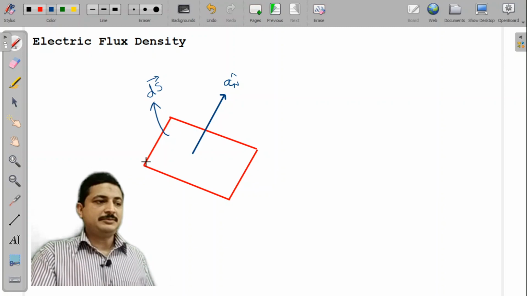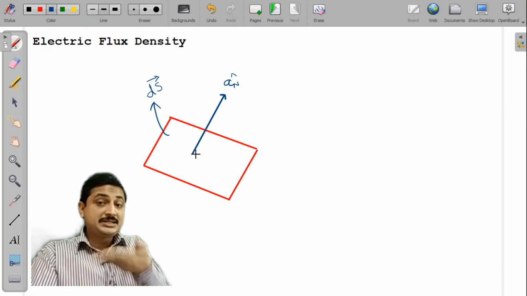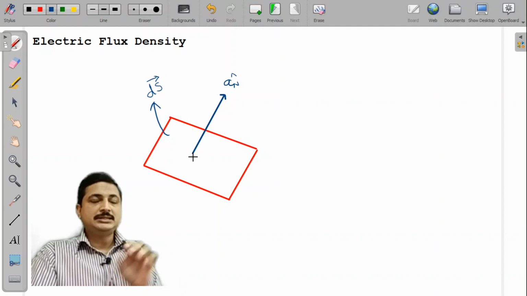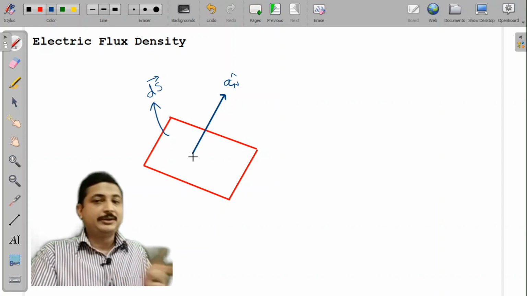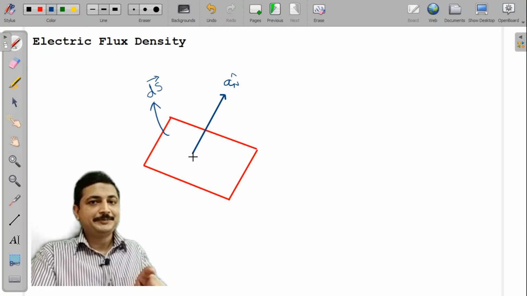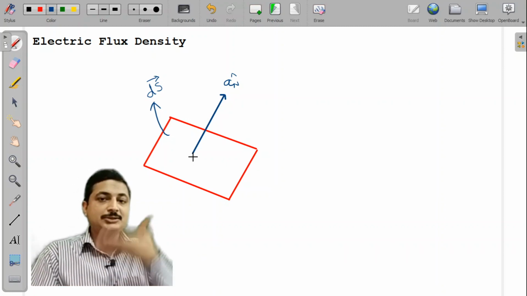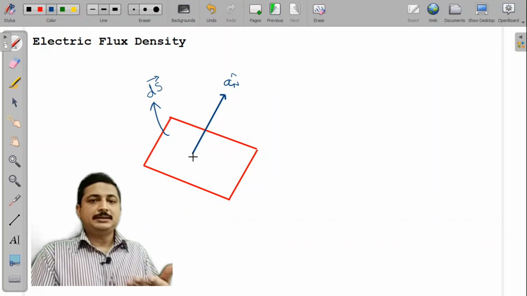Surface area is measured as length into breadth, but I represent that this surface is kept like this. I am mentioning how the surface is kept. That's why surface area becomes a vector quantity. When I say length into breadth, it just gives me an idea of area. How it is kept, I don't get an idea; only the value I get. So to get an exact idea of how it is kept, I am telling that it is normal to the plane, any plane. That is up to you.